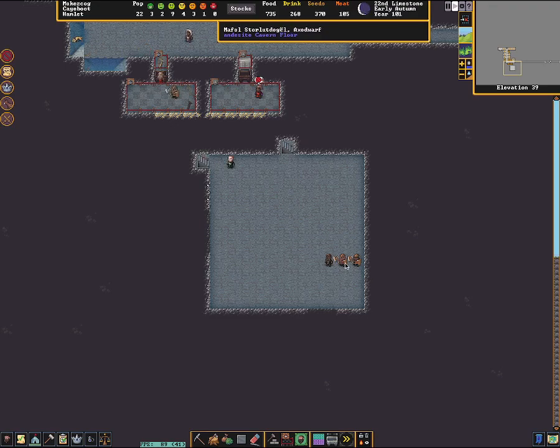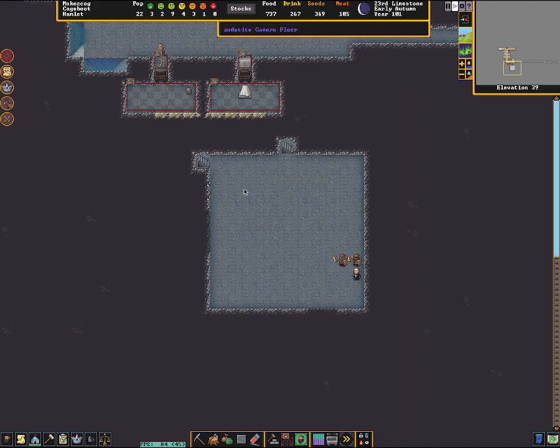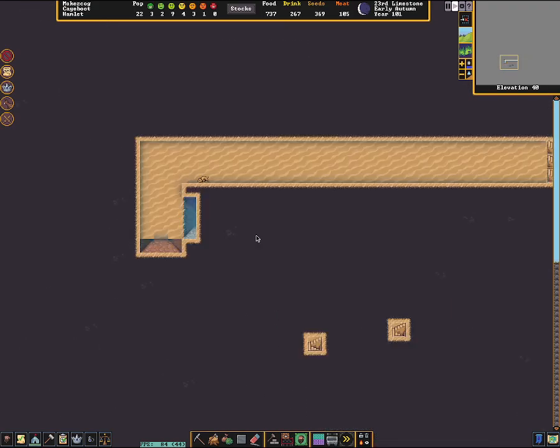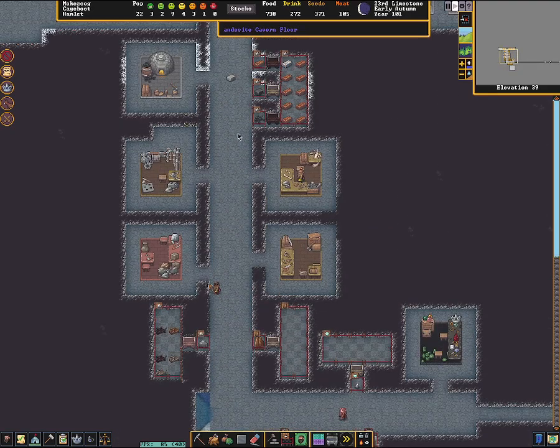And if I look at some of these dwarves' combat skills, you can see that they're starting to get a lot of stuff: striking, wrestling, armor use, dodging. So they're getting all their skills up there. I do need to actually get them some real armor though, which I need to work on. How am I doing on my...